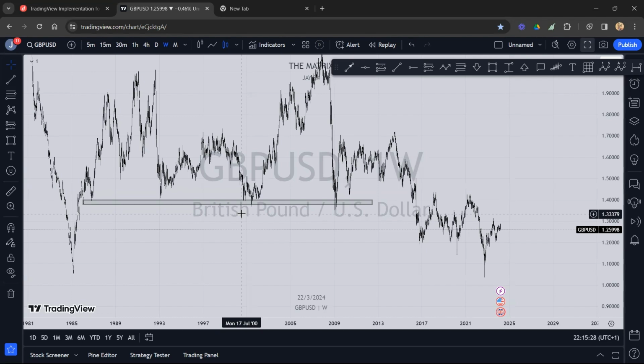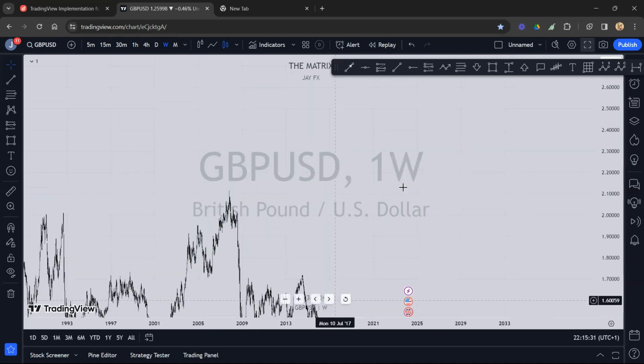Now let's look for resistance levels. Now a resistance level,